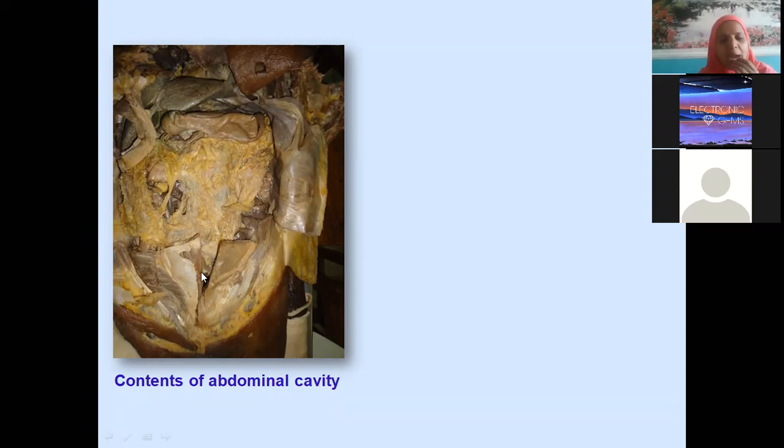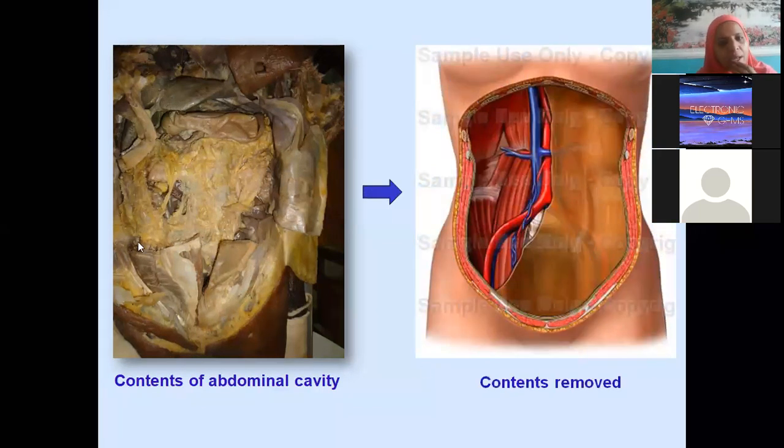So that means this is the abdominal cavity, and you are seeing the anterior abdominal wall. Now see here, now contents are removed. Okay, you have removed greater omentum, stomach, liver, small intestines, anterior abdominal wall muscles, large intestines. Okay, you have removed kidneys, ureter also. Then you will see now this is the posterior abdominal wall. Okay, this is again the posterior wall of the peritoneum. Actually it will thicken to form fascia. That fascia also I will discuss today after this topic.